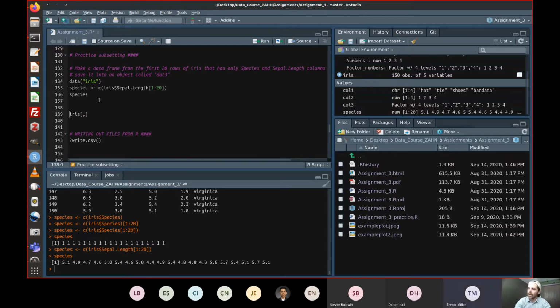Now, to remember, if we want some rows and some columns, since iris is two-dimensional, we have to give it two values separated by a comma, and it's rows, comma, columns, always in that order. So we want to feed it 1 through 20 there, but then we want to tell it just the columns, species and sepal length. So I could actually concatenate and say species, comma, sepal dot length. That's kind of confusing,